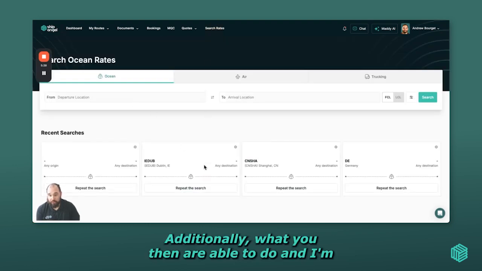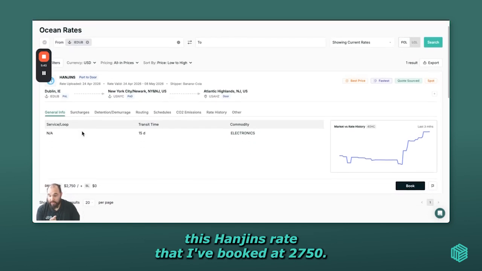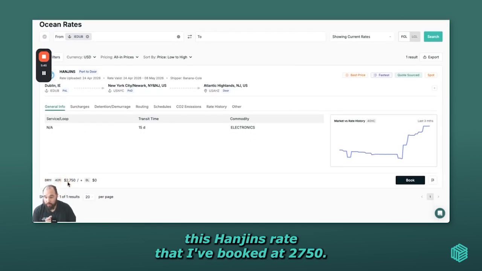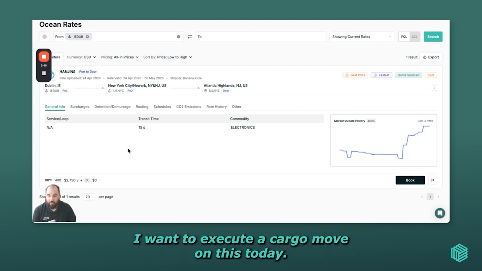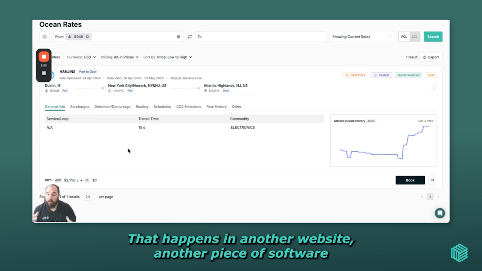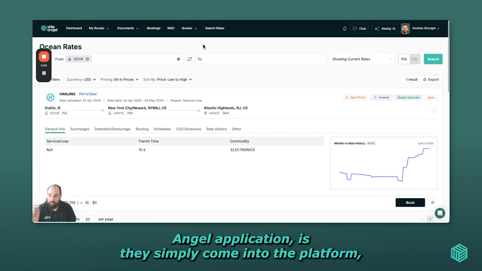Additionally, what you then are able to do, and I'm going to search for that lane specifically, is say, hey, this Hangens rate that I've booked at 2,750 all in, I want to actually book this cargo. I want to execute a cargo move on this. Today, that happens in another website, another piece of software. Where it happens, hopefully for BCOs in the future, when they get onto the ShipAngel application, is they simply come